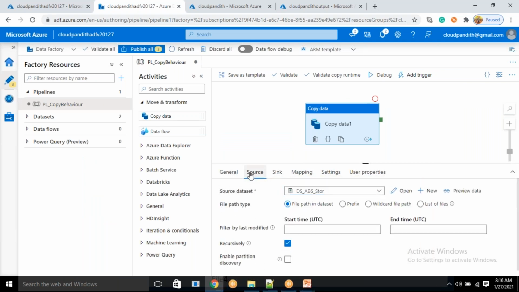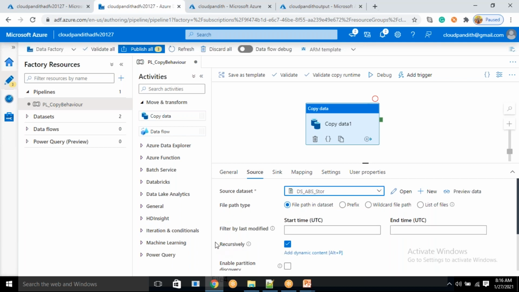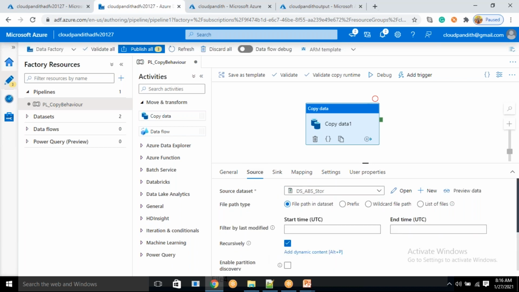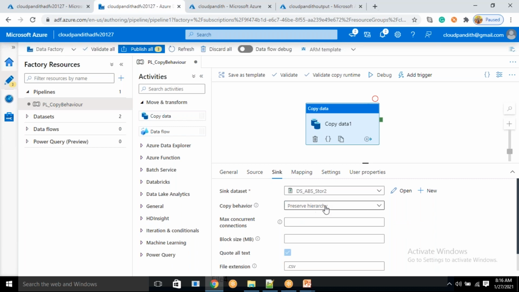You don't have recursive at the sink. Come to source; we have recursively there. Recursively goes and fetches all the data from the source and loads it at the sink as preserve hierarchy. Source side you can set recursively, sink side you can see preserve hierarchy.